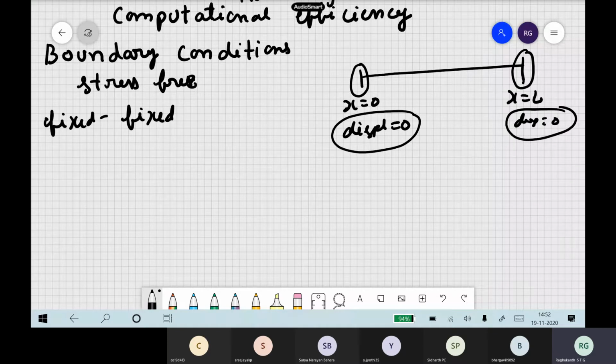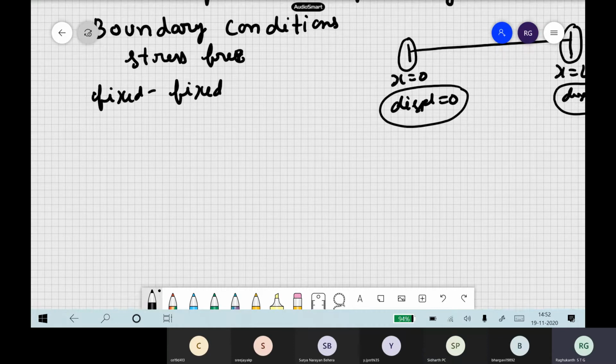How do you calculate in finite element or spectral element? You have a stiffness matrix, you have a mass matrix. What do you have to do? Previously we said in FEM, if you want to fix anything, the displacement is already 0 for all times. So displacement at this boundary is also 0 for all times. Now what will you do in the mass matrix and stiffness matrix? Delete the corresponding rows and columns. That's all you do.